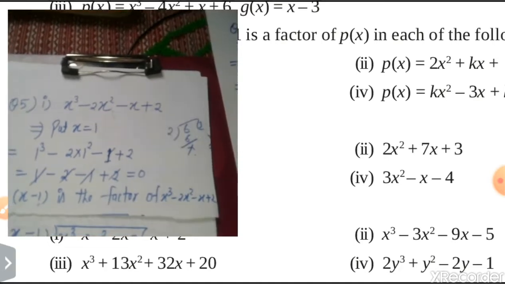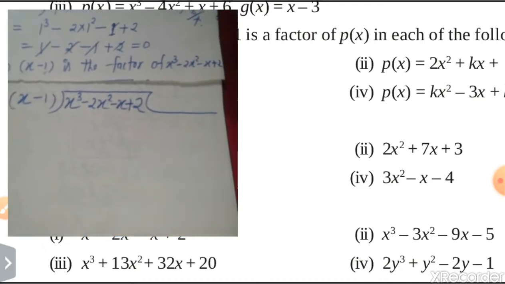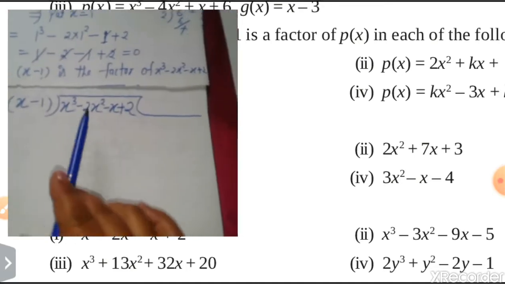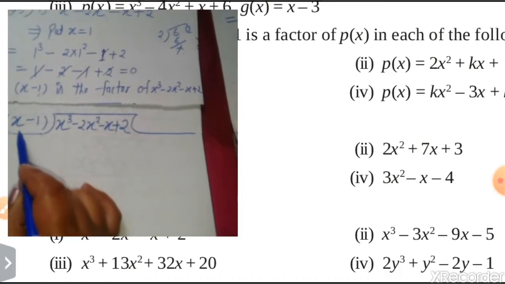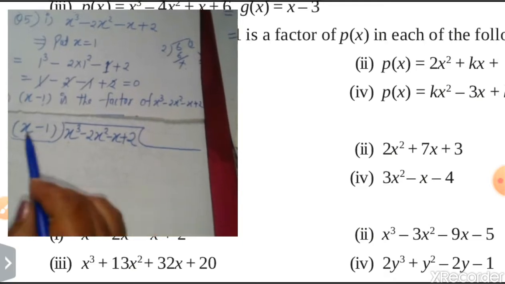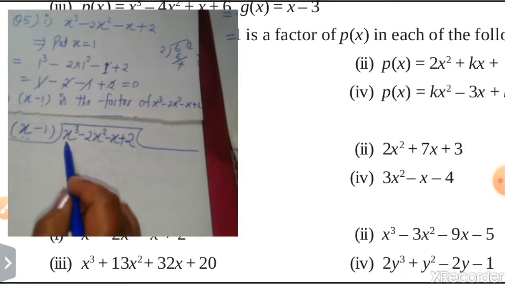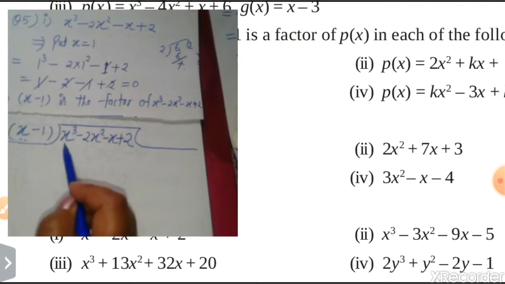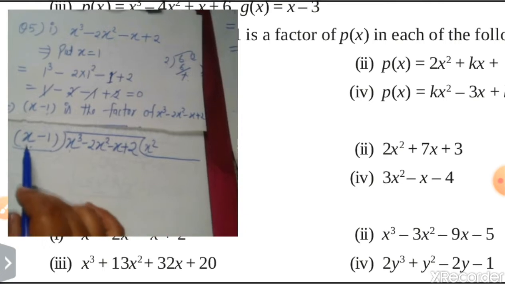So see the division part, and this is a very important part which you have to learn, because this is the first time you are learning all these things. So how will you divide one polynomial by another? First we will see that in the first polynomial the power of x is 1, and here the power of x is 3. That means we have to multiply x by such a number that it comes x cube. What is the number by which x will be multiplied to get x cube? It is x square, and x square will multiply both of the numbers, this and this.